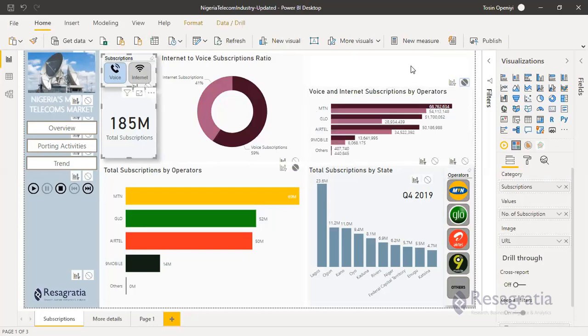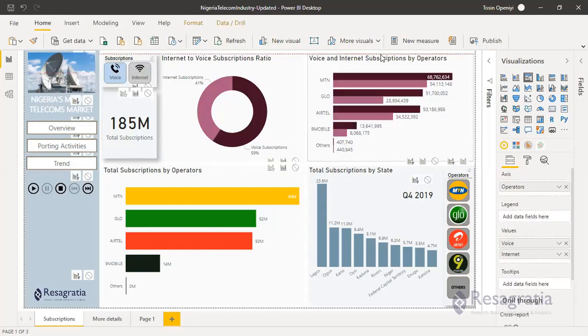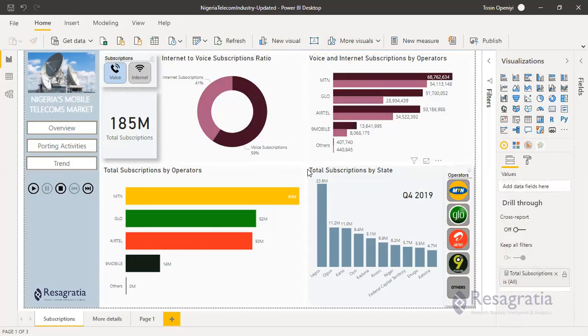The filter is applied, but it's fine for every other one apart from voice and internet, right? Yeah, I think so. Looks great as is.